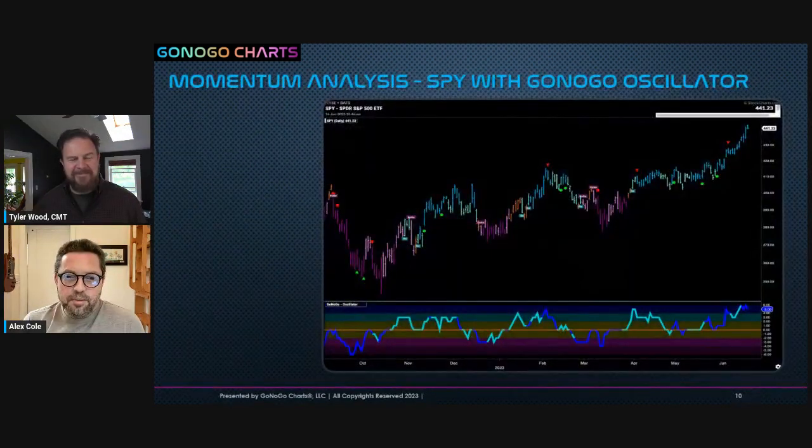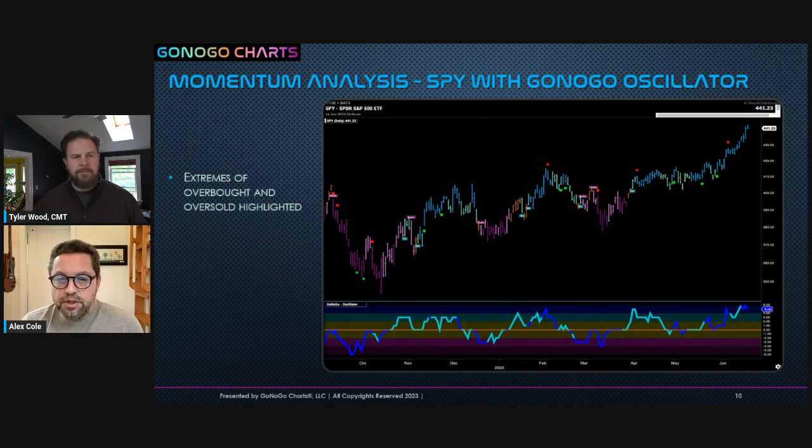This is why we created the GoNoGo oscillator. We know that momentum goes hand in hand with trend identification, and using the GoNoGo oscillator, we hope will help us understand the velocity of price change rather than complicate our decision making. We've taken the same approach where we've blended those foundational concepts and the most robust momentum tools into one oscillator